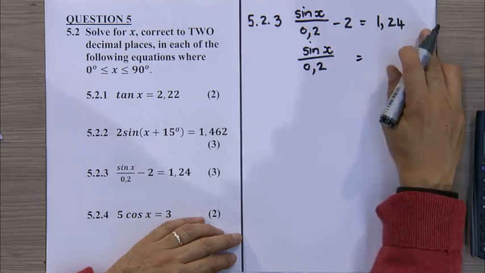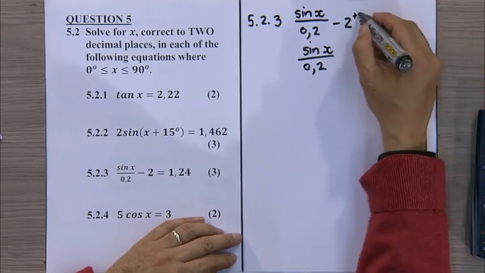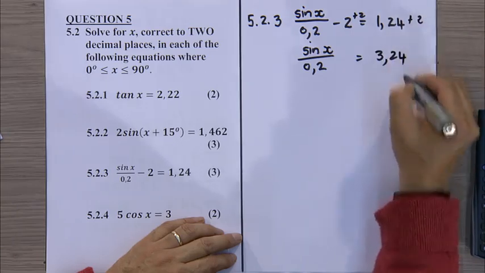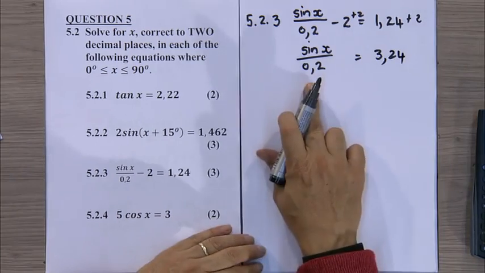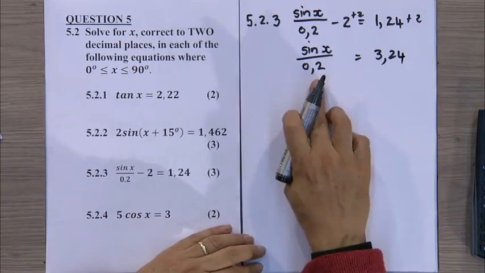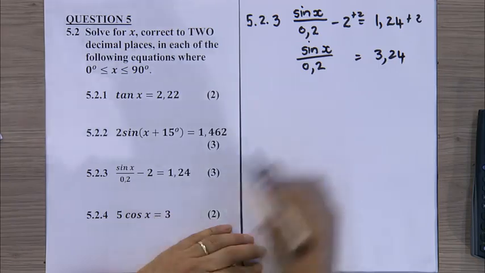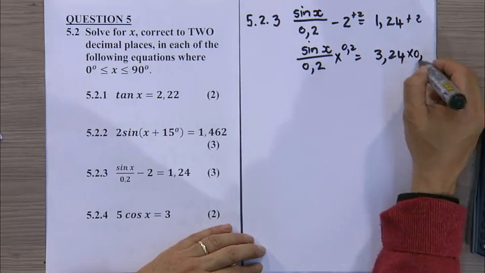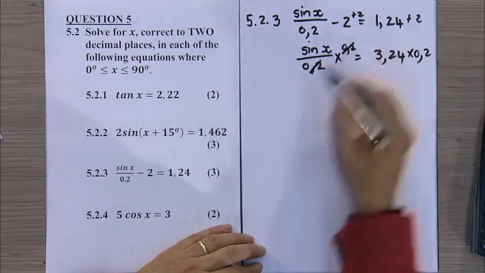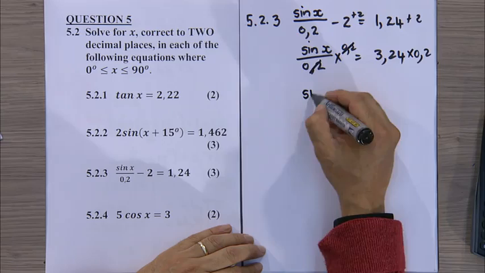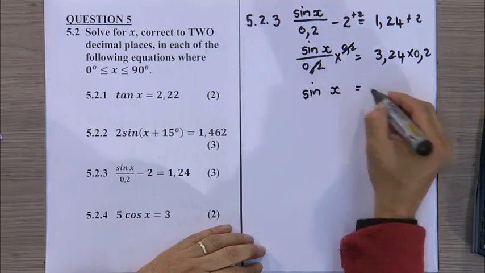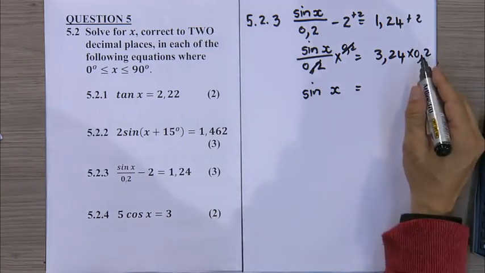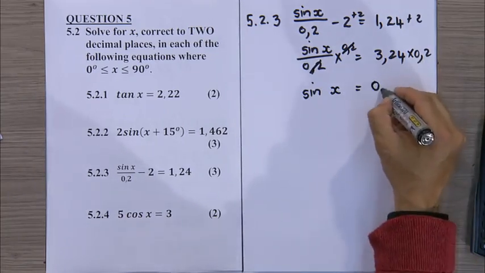Remember, I've added 2 there, and I added 2 there. That's going to give me 3.24. Right? What is the opposite or the inverse of divide by 0.2? We multiply. So we multiply by 0.2 here, and we multiply by 0.2. So you see, it will cancel. So that will give me sine x is, and 3.24, if we multiply by 0.2, we will get